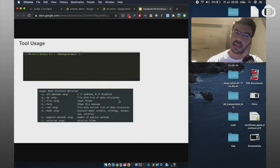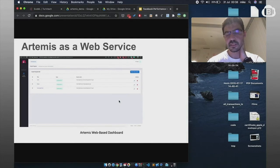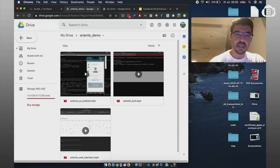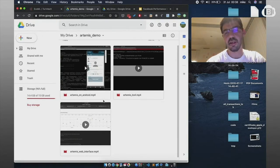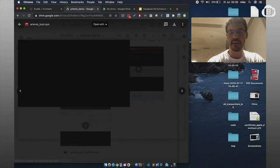We are providing Artemis as a command line tool, as well as a web service and as a continuous integration service. Now I will show a live demo, for which I have the video here, of how Artemis looks in different cases. So the first case is Artemis applied in